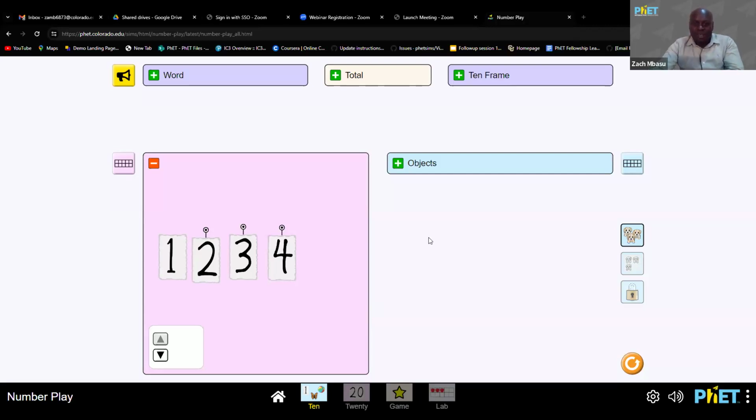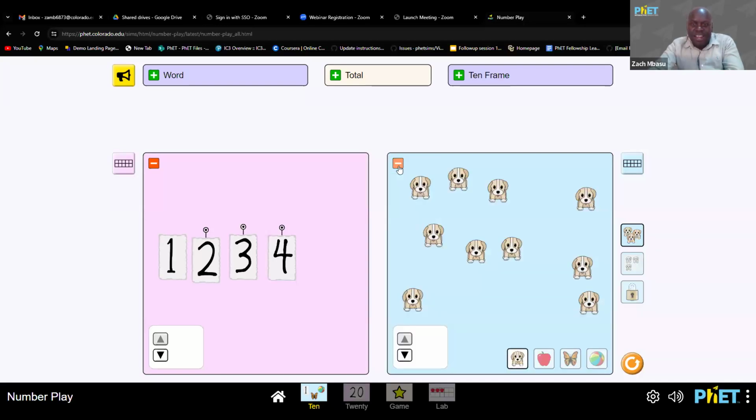Okay. So let me reveal the number of puppies behind this. Let's see. And we have 1, 2, 3, 4, 5, 6, 7, 8, 9, and 10. So we have 10 puppies. So actually, what is happening here is that